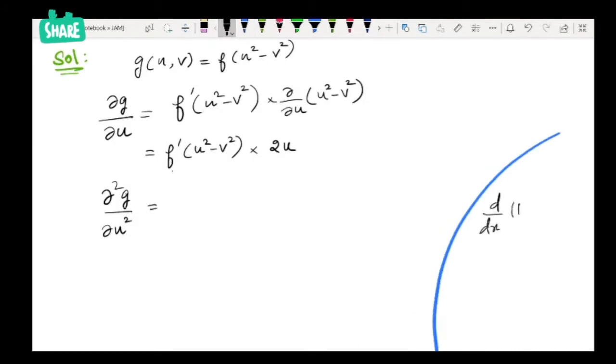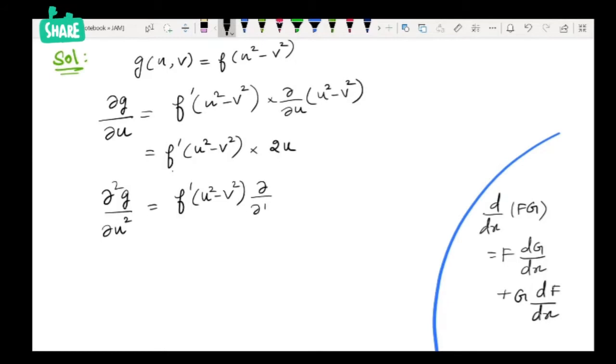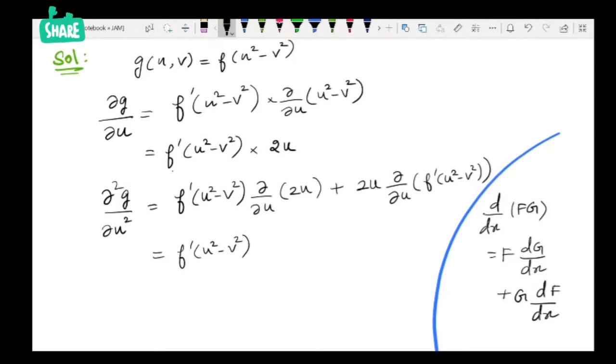So if we have a product of functions, usually what we do is keep one first and differentiate the other, and do the same in a reverse way. So let's do that here also. f dash of u square minus v square, I'm keeping it, and I'm going to differentiate 2u with respect to u, and the next time I'm going to keep 2u and differentiate f dash of u square minus v square with respect to u. So this will give you f dash of u square minus v square times 2 plus 2u,